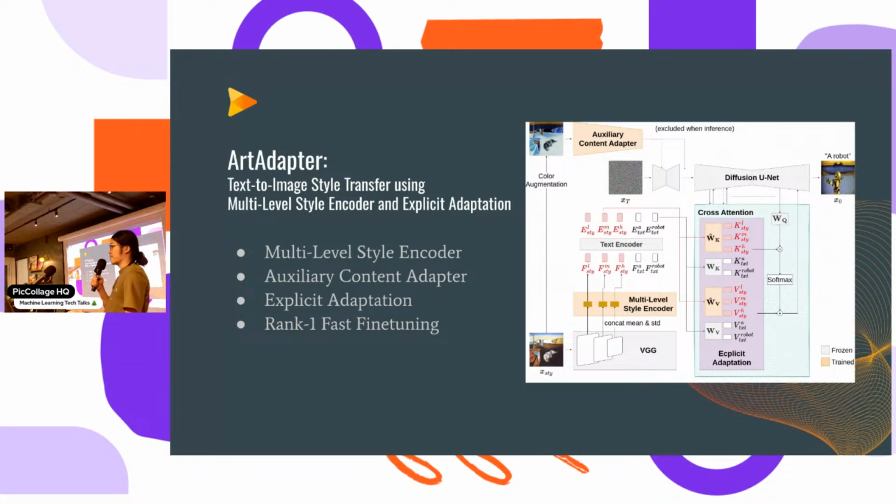So to alleviate this, we have done research on how to solve this challenge. We can talk about the architecture briefly. In most work on diffusion-based T2I style transfer, the first thing we need to do is to extract the style features.